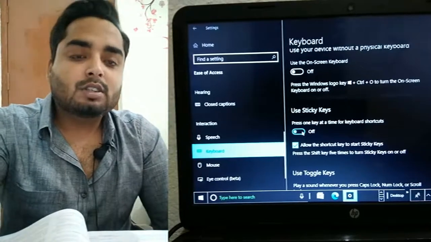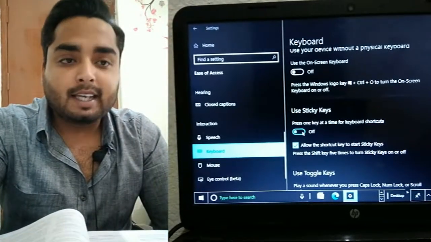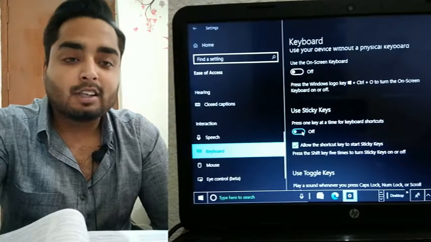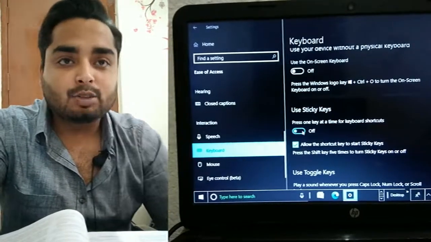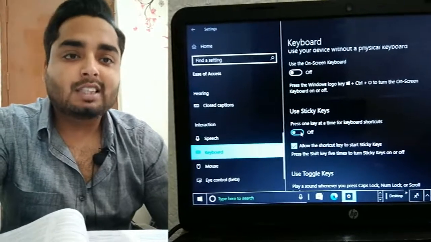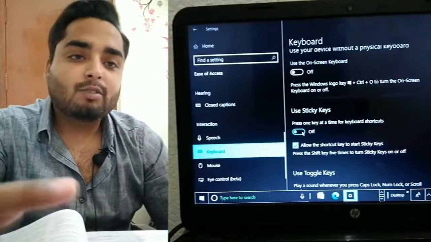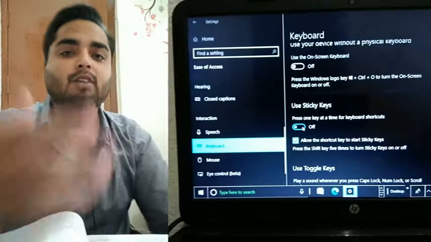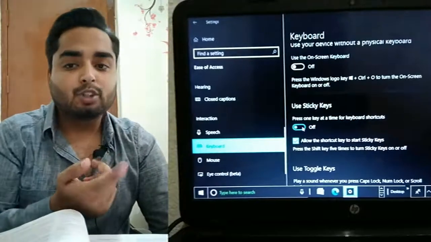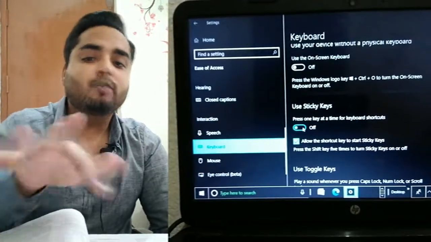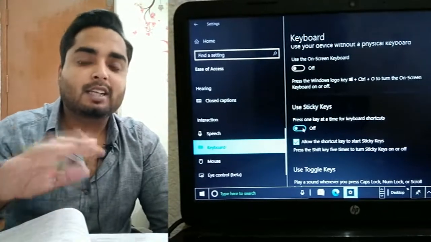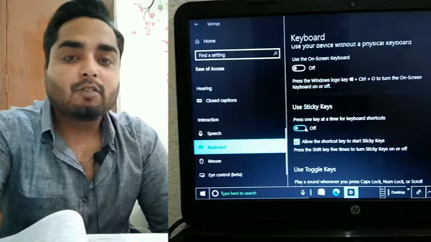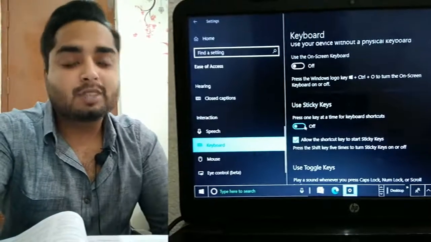When we use shortcut keys like Control plus A or Control plus S for different things, and a particular person can use only one finger, how can they use two fingers for that shortcut? Sticky keys can do that for them.